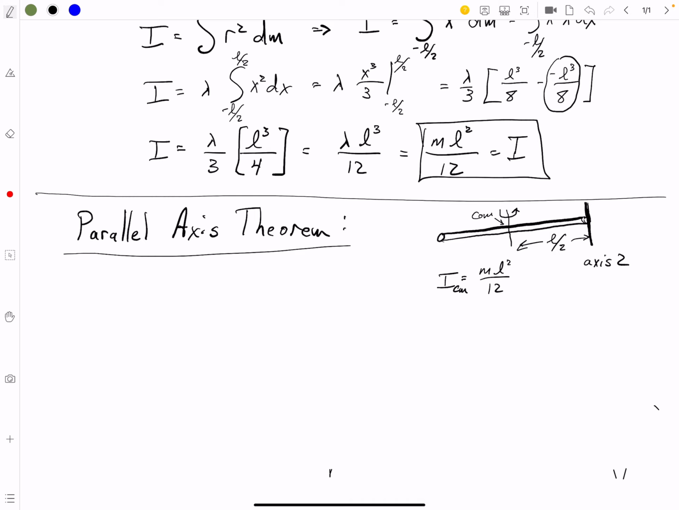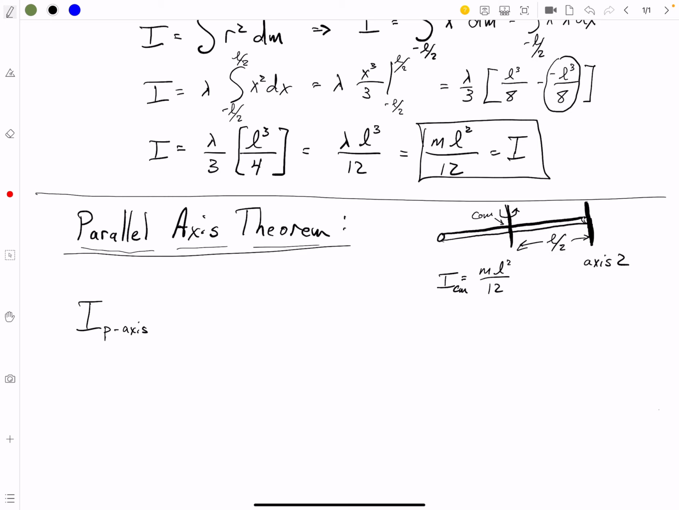You say, I want my moment of inertia about some other axis. Parallel, it's got to be parallel. This axis and this axis have to be parallel, otherwise it doesn't work. It's called the parallel axis theorem for a reason. They've got to be parallel. So we make them parallel,